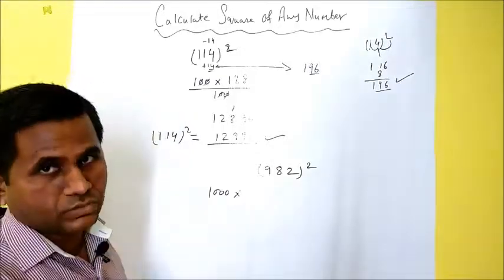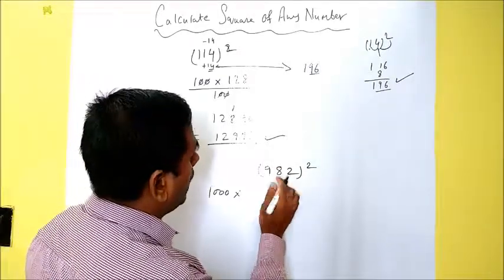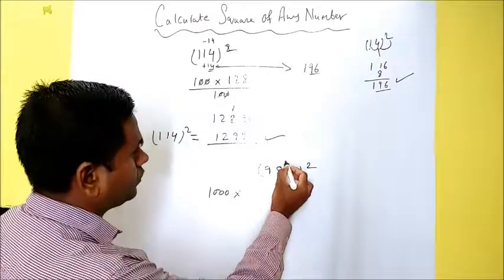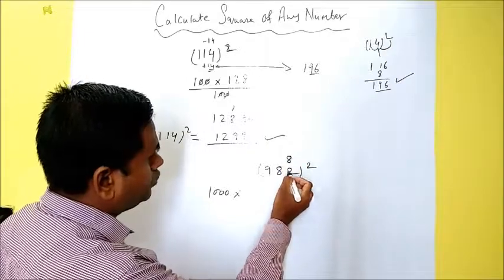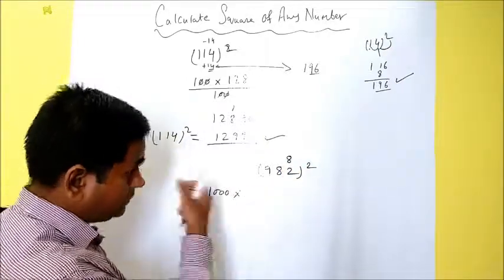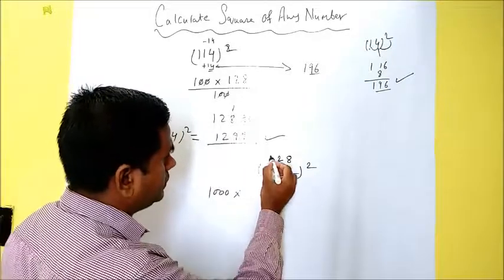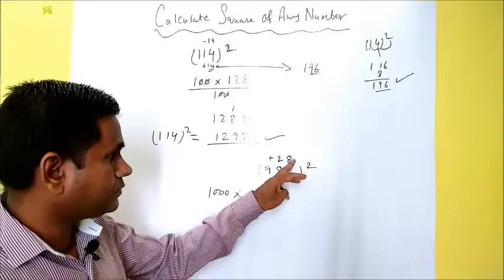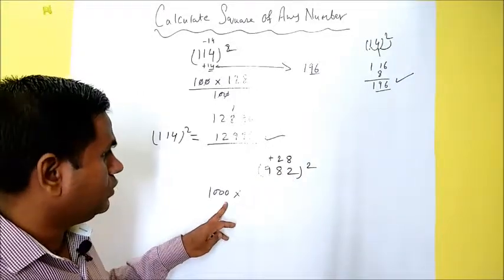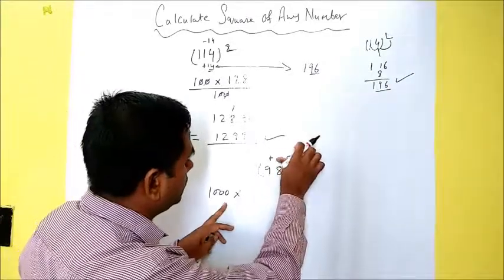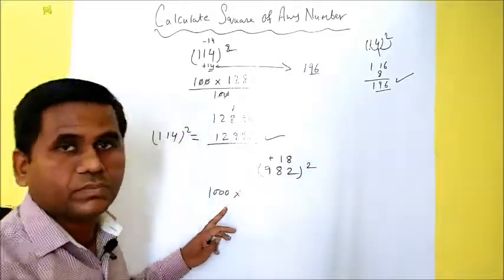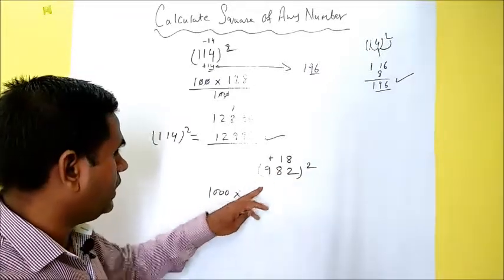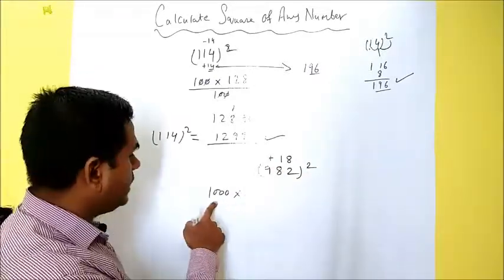Now how do we get 1000? After adding how much? I have added here 8 to 10, and then here 28, isn't it? 28 if I add to 82 will get 1000. 8 plus 2 is 10, 0, and not 28, friends, sorry, 18. Then 8 plus 2 is 10 again, and 9 plus 1. Yes. So 18 if we add we get 1000.